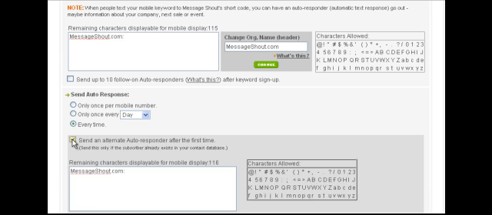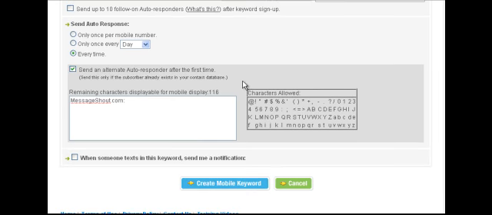But you have this option here. If you click this box, it's send an alternate autoresponder after the first time. So this will recognize the phone number that someone texts your mobile keyword to. So when the system recognizes that phone number texting the same keyword, you can display something different. If you're sending out, let's say, a $5 coupon or a free dinner, and you don't want someone to keep getting the same text over and over again and abuse it and keep getting free coupons, you can send a secondary message to that person if they text your keyword a second